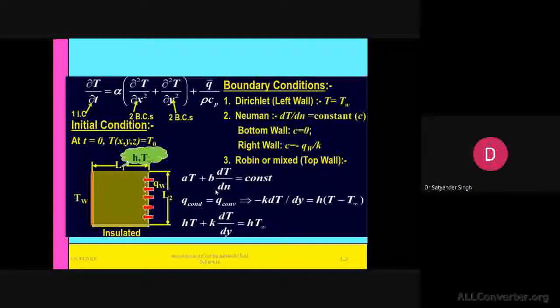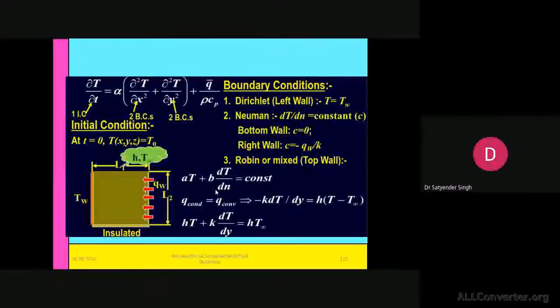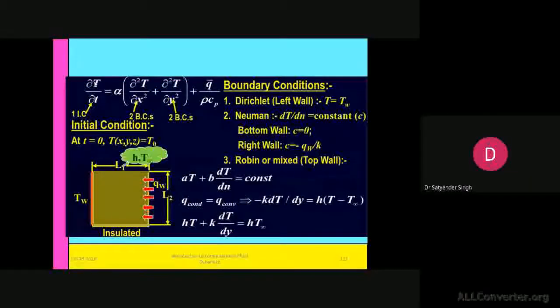How we can apply the different boundary conditions like Dirichlet, Neumann, and Robin or mixed boundary condition all depends upon the understanding of your physical domain. And while you have to transfer the physical domain to the computational domain, this information is required beforehand. And what will be the initial condition? Here we have applied the initial condition. We are giving the initial state of the system. We are taking the initial value of the system as a temperature.